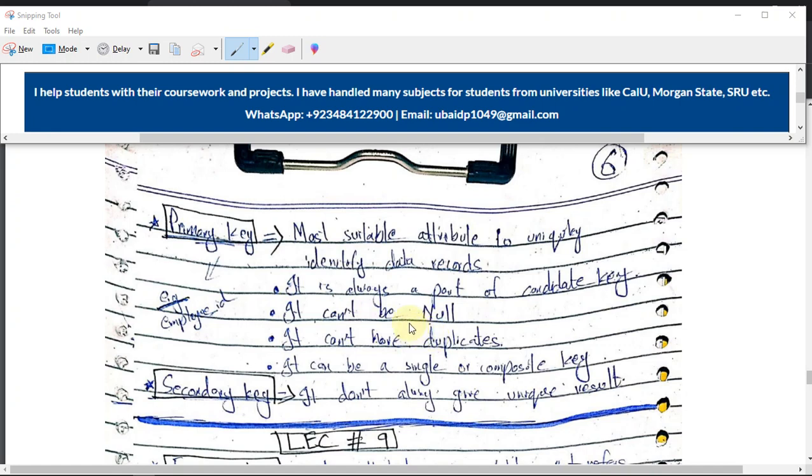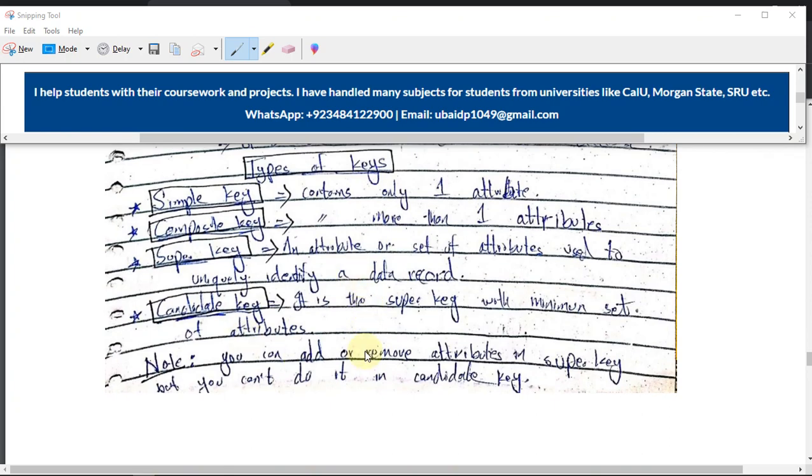So you can't say an employee doesn't have any ID, so every employee will have an ID, so it can't be null in any condition. And it can't have duplicates, so no two employees can have the same ID, so this can't be possible. And then it can be a single or composite key, so there can be two keys together representing a primary key, or they can be only a single key. And mostly it is preferred that you use a single key like employee ID as a primary key in your table. So that was the main keys you should know about,